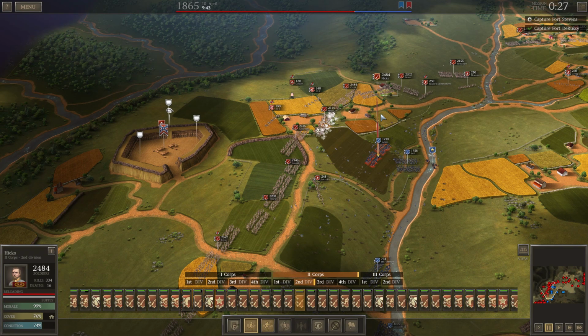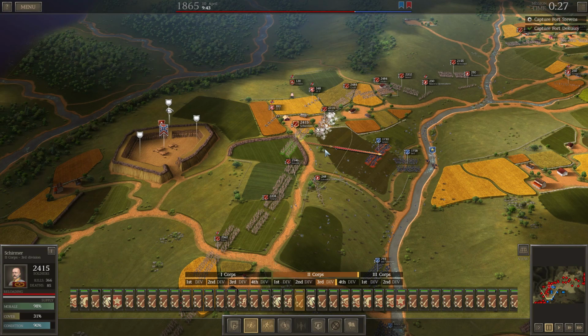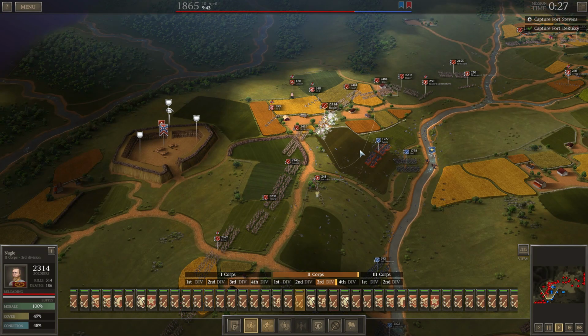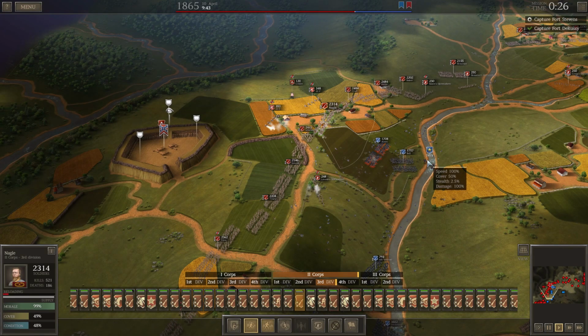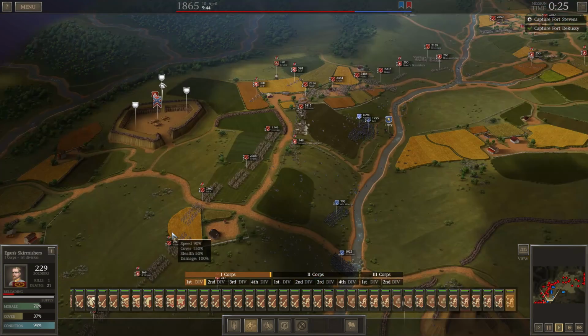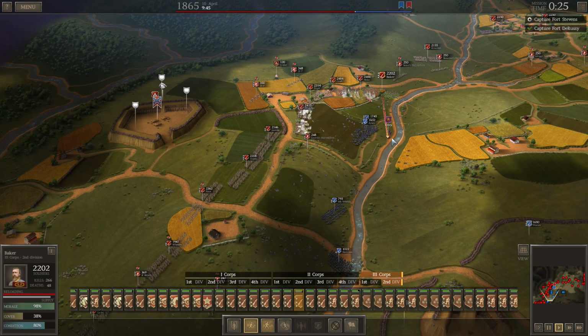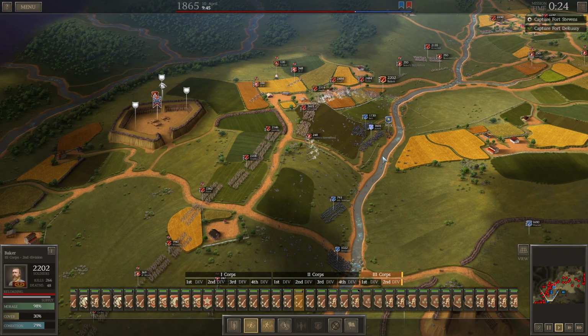Wouldn't that be lovely if there were a row of 24-pound howitzers right there firing into these guys? Okay, all I'm doing is letting him get close enough that my units can have a field day when they run down the hill and shoot him to pieces. 1, 2, 3, 4, 5 infantry. We're now going to hit...